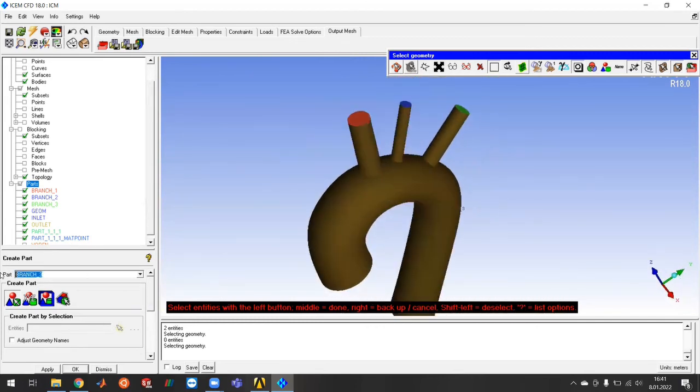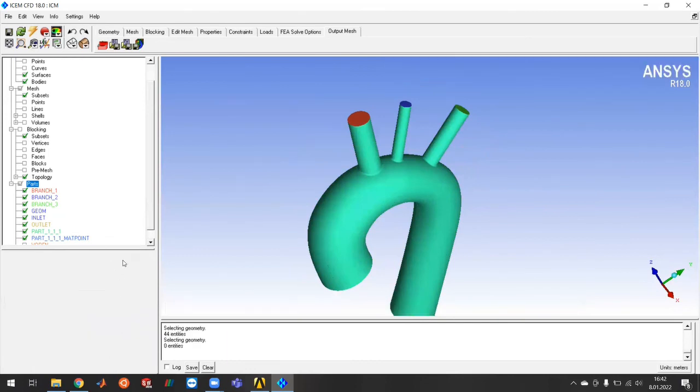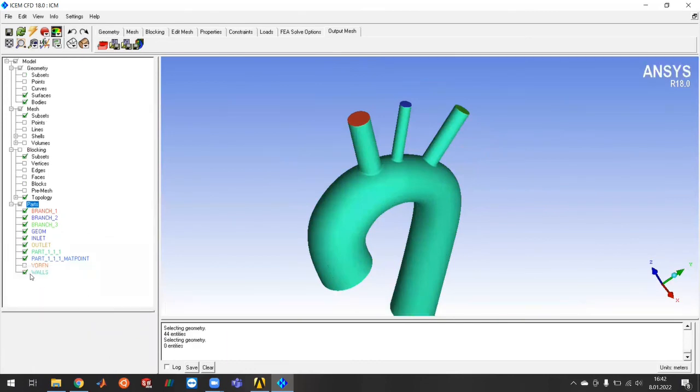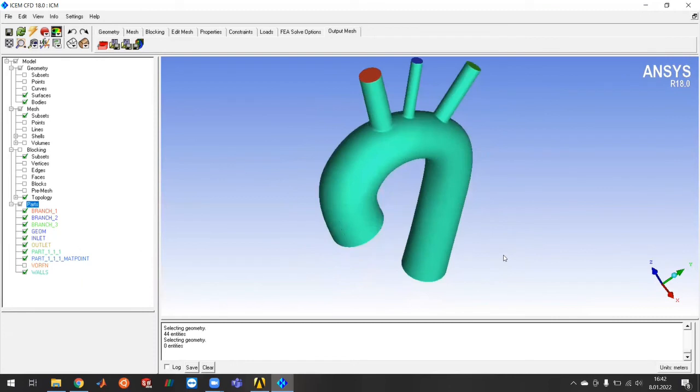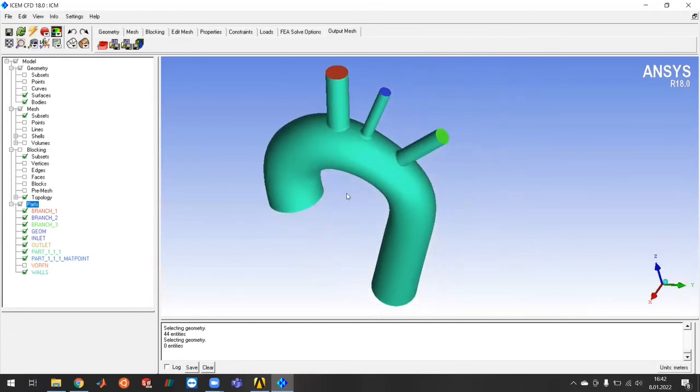I'm naming them as walls. Click apply, dismiss. So I created the named selections for the inlet and outlet patches. And now I can export